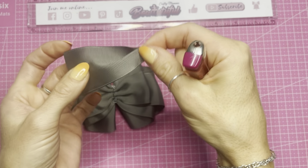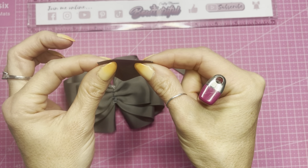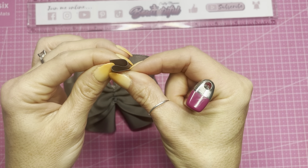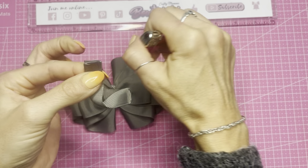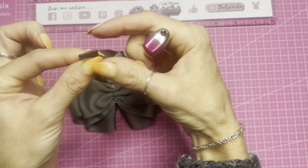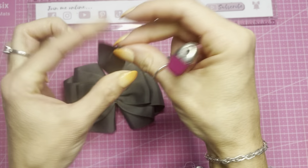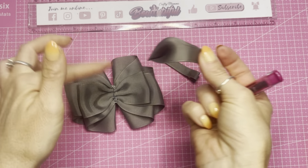And then I'm going to do the same on the opposite end, so turning it round, grabbing the 2 corners, pushing them in opposite directions to form that Z fold, laying them flat down over each other, heat sealing and also melting the ribbon to form a bond. And then when you pull this tight, you end up with this lovely little twist to go around the center